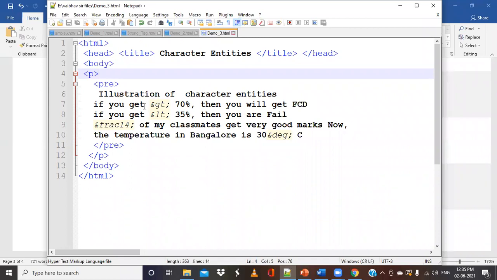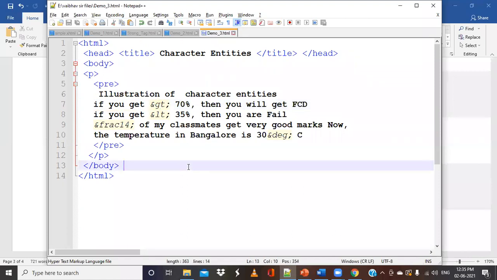If you get greater than 70%, then you will get FCD. If you get less than 35%, then you fail the examination. These I have put, and these will be replaced by the browser with the less than, greater than, or respective characters.